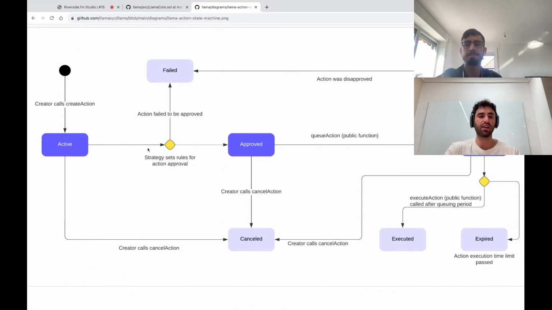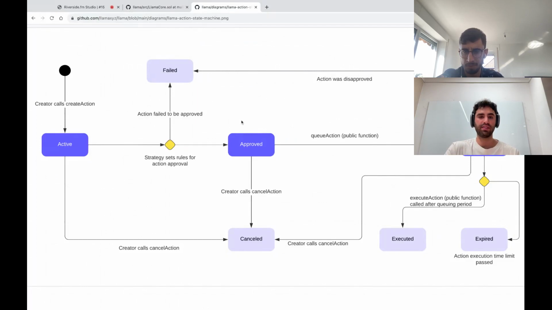Let's say the approval rules are that 51% of the core team role or the grants program reviewer role needs to approve. Approval periods could also use absolute numbers. Maybe you have a strategy that says two other developers need to approve, and that gives you some context on how the approval process works.